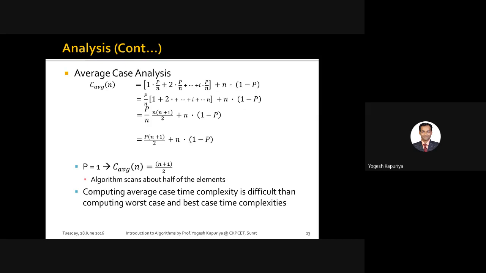Because it's complex, see, here we are trying to simplify everything. The whole concept of asymptotic analysis is to simplify the process of analysis, and that's why most of the time we do one, a best case analysis, and second, a worst case analysis. We do average case analysis for very specific problems only, with very specific requirements only.